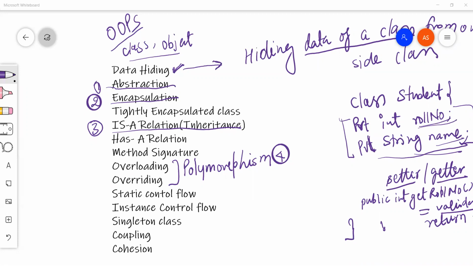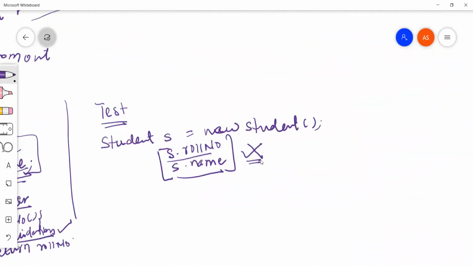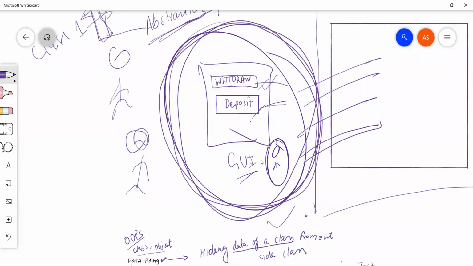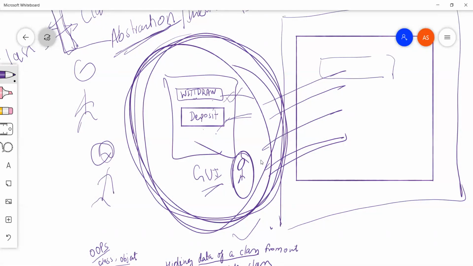For example, in our example, we have a system. In this system we have two buttons on a screen, withdraw and deposit, and then here is the system where the code is for all these functionalities.